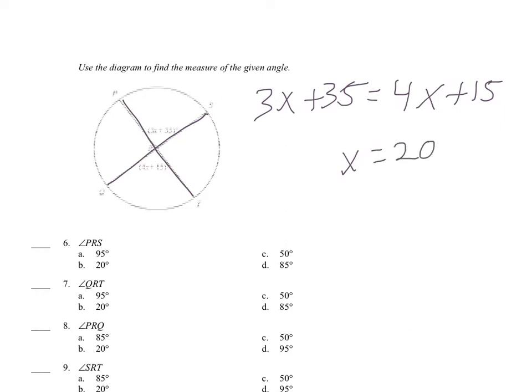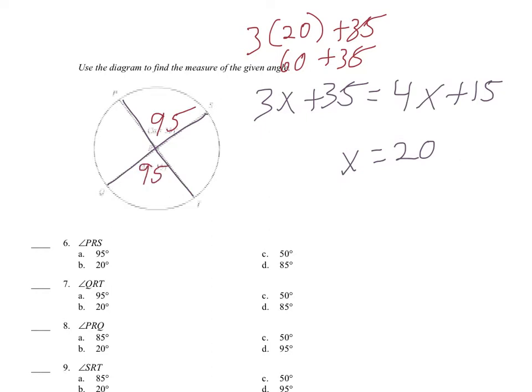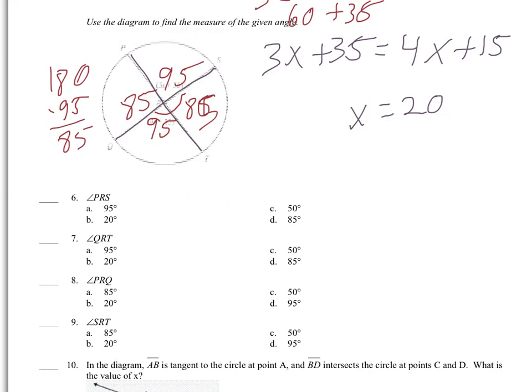Now we plug it back in. So 3 times 20 plus 35 is 60 plus 35, which is 95. That means this angle is 95. That means this angle is 95. This is 180 degrees, so 180 minus 95 equals 85, which means this angle is 85, and this angle is also 85. So when we go back through there to find the answer for the next 4 questions,